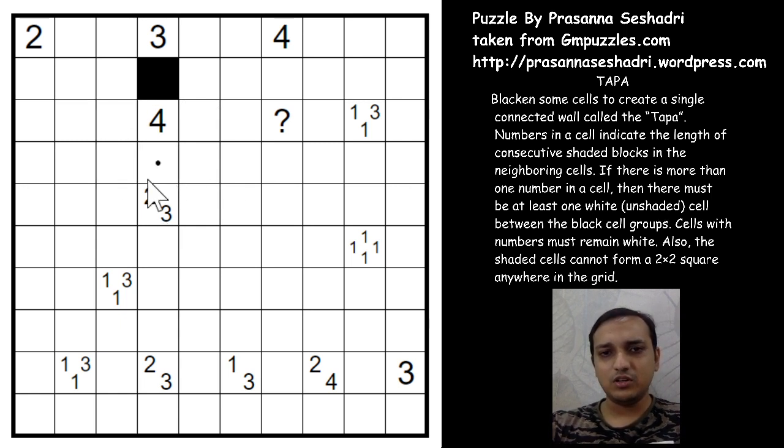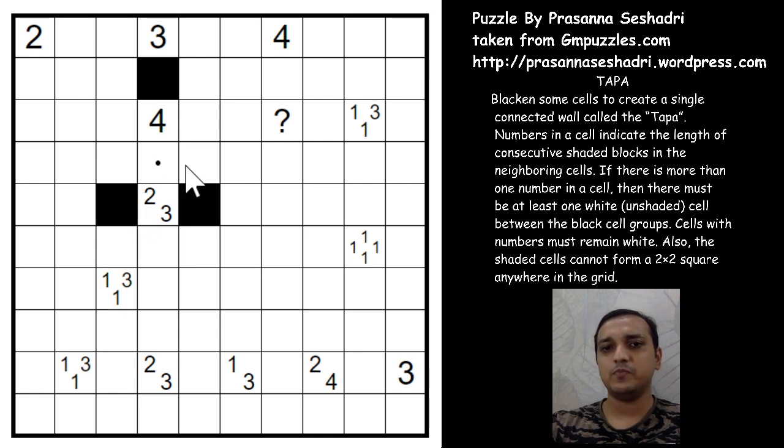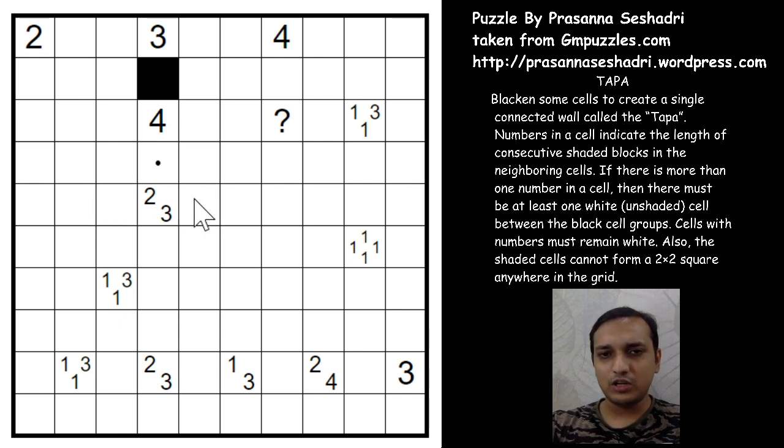So what happens when you have one of the crosses near a 2 or 3? I am not saying that we have to have a 2 and 3 near a 4, but at any point of time when you have one of the cells as a cross near a 2 or 3, you can surely say that the second cell from the unshaded cell will be a black cell. So this is the first cell from the unshaded cell and the second cell will surely be a black cell. So what happens if you don't have that cell as black? If you don't shade this cell, this is also not shaded because you have only one cell and you don't have a 1 here.